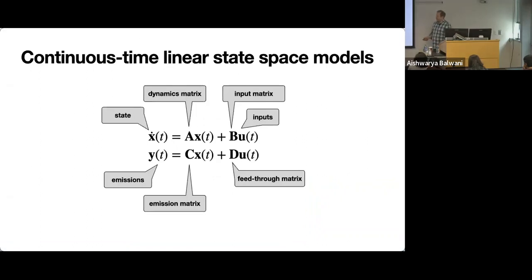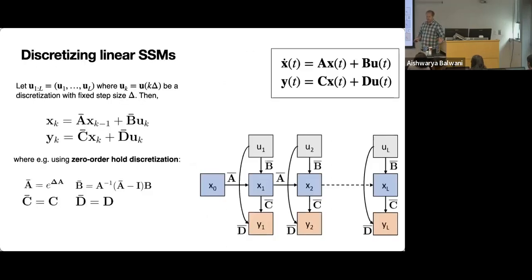The way that S5 works is built on pieces that we know and love. It's all built around simple linear dynamical systems. Here we have a continuous time linear dynamical system. So state X, continuous time dynamics, X dot equals AX plus BU. U are some inputs to the system, and Y are the readouts or the emissions. They're a linear function of X, maybe also a linear function of the inputs as well. So this is a building block for so many of the models that we use on a day-to-day basis, many of what I showed you yesterday.